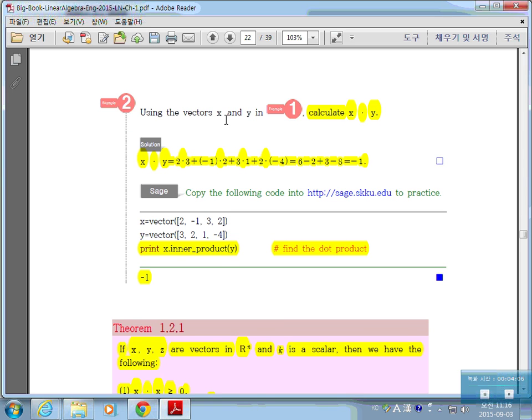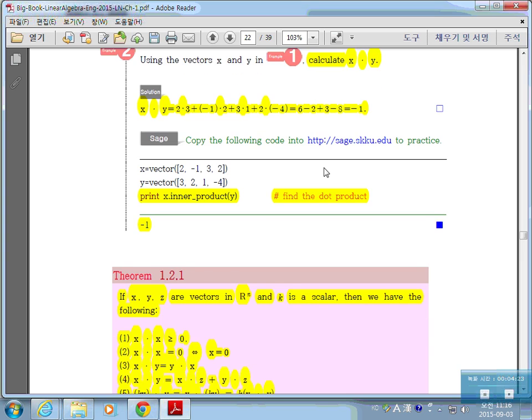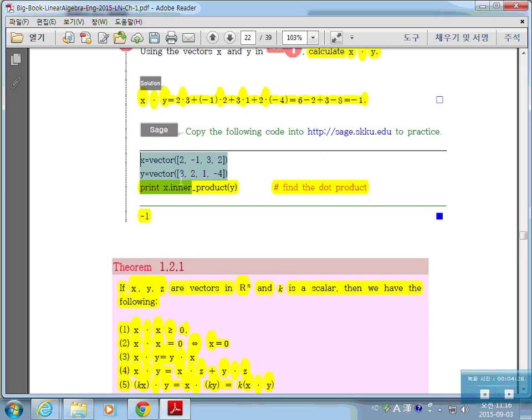Okay, suppose we take the two vectors in the earlier example, and we can calculate the inner product of those two vectors x and y. The Euclidean inner product, or dot product, of x and y can be found in this way. And it can be found with a command like this, the command on inner product. Find the inner product of x and y. This is the command for finding the inner product.